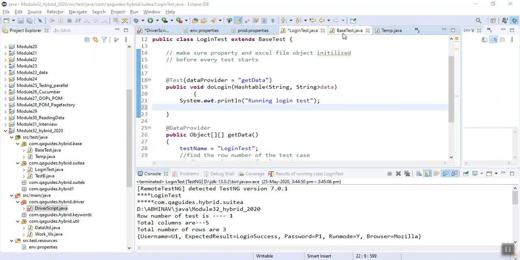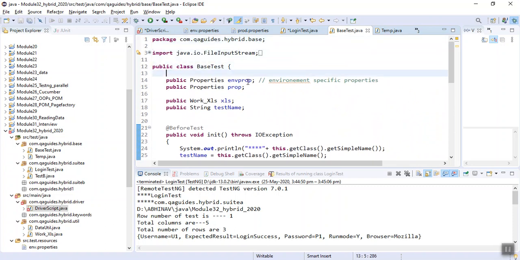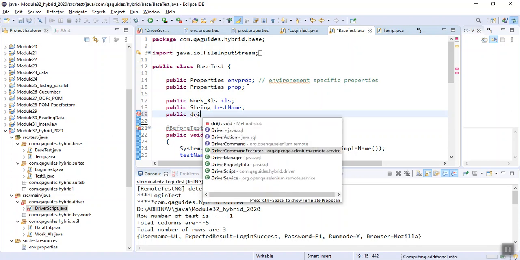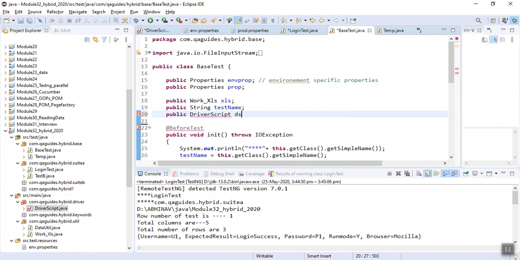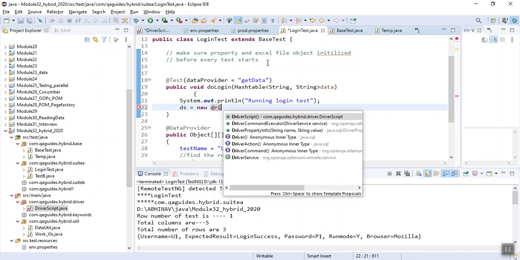Now I have to use this driver script class object. So in the base class I will define it. I will go to public driver script ds, and in my login I initialize it: ds equal to new driver script.